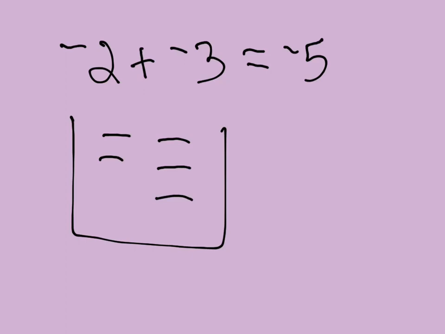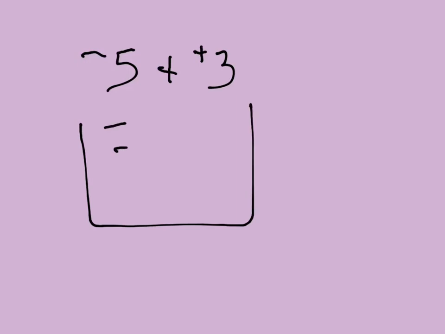The trick comes when we have both positive numbers and negative numbers in our bucket. But it's really actually not that bad at all. Let me show you how we do that. So let's say we have a negative 5, and we're going to add in there 3 positives. So we draw our bucket, and we put 5 negatives. 2, 3, 4, 5 negatives. And then we put in 3 positives. 1, 2, 3 positives. And then what we do is we look to see if there's any zeros,